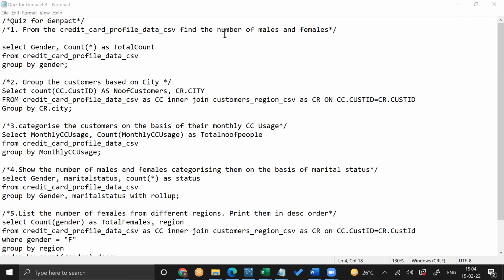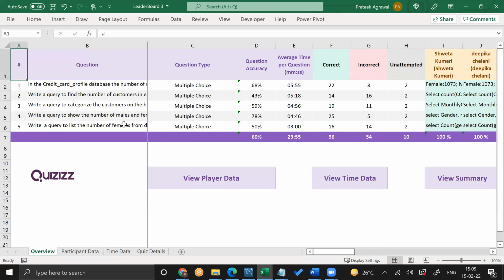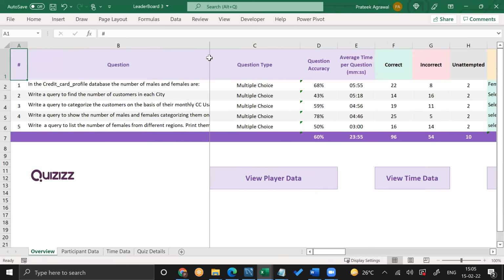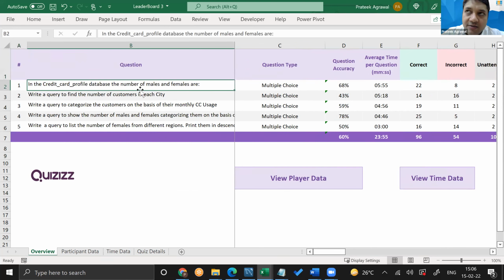So Pratik, in yesterday's assessment there was a second question in which we have to set the database to credit_card_profile. In PopSQL it was showing an error and it was not found. I said before in my class, Dheeraj, that the database name could be different from person to person.